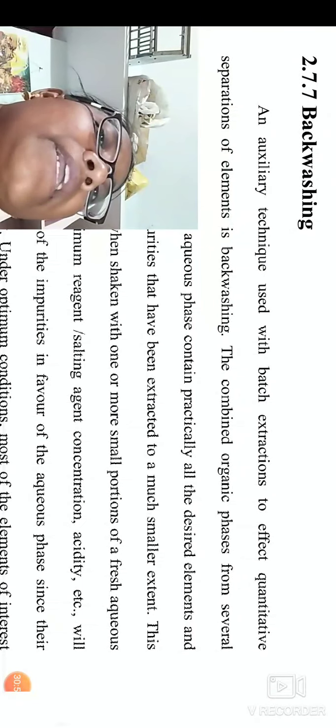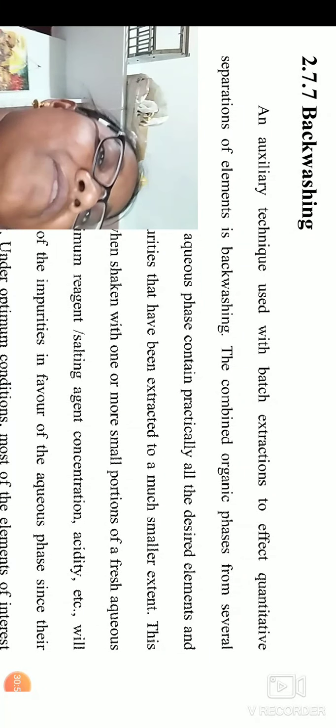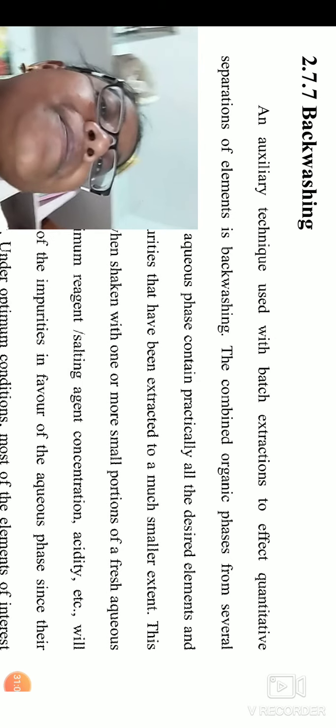Next, backwashing. Backwashing is very important, and